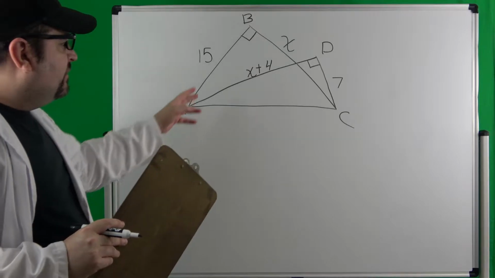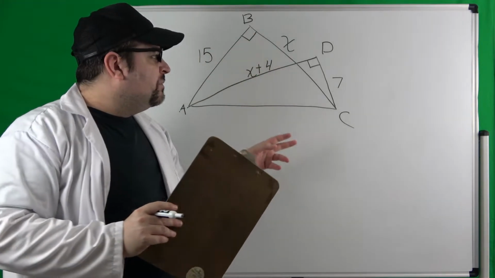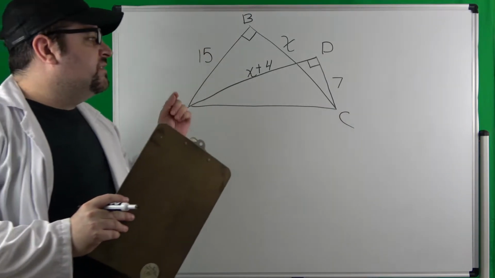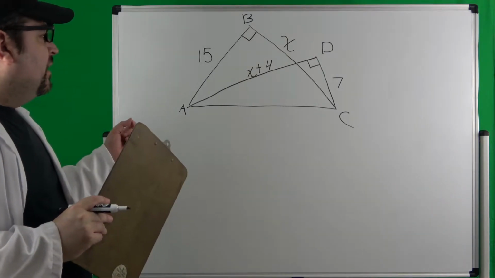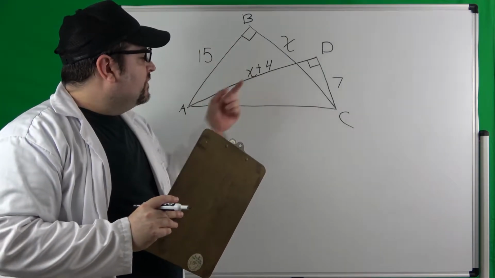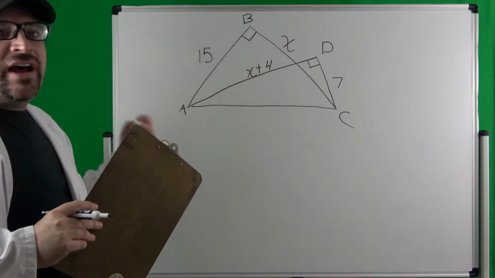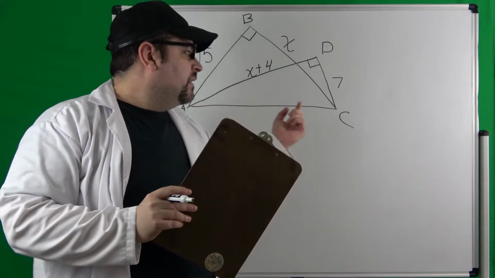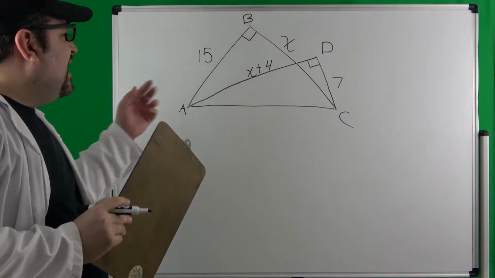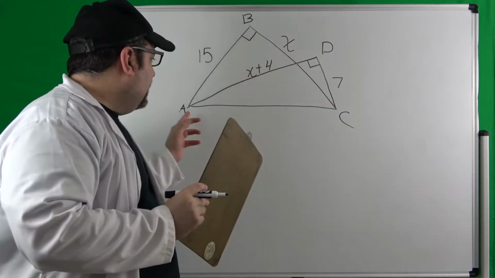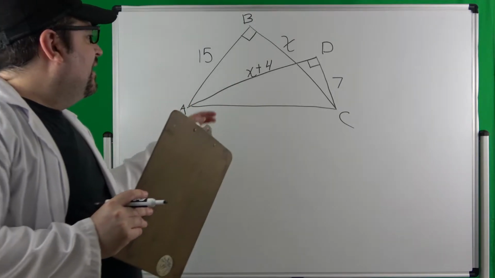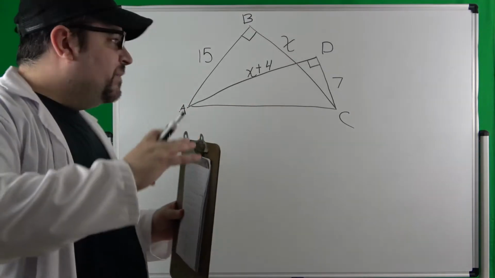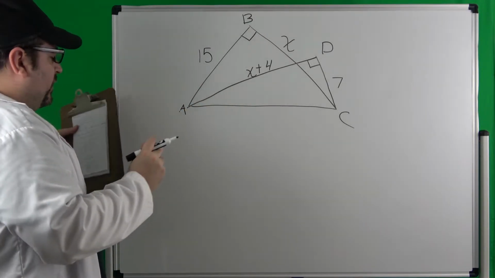And if you notice, we have two right triangles, which means we can use SOHCAHTOA if we have to, which we won't. But we're going to be using the Pythagorean Theorem. Also, both these triangles have the same hypotenuse, which is AC. So if a squared plus b squared equaled this, and x plus 4 squared plus 7 squared equaled that, we can just cut out the middleman and set